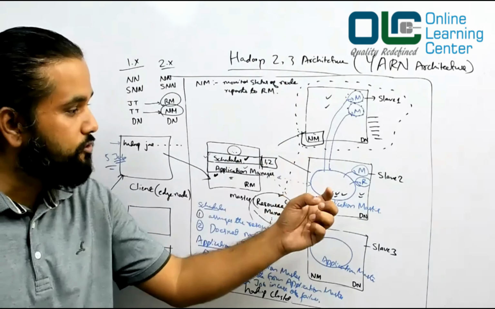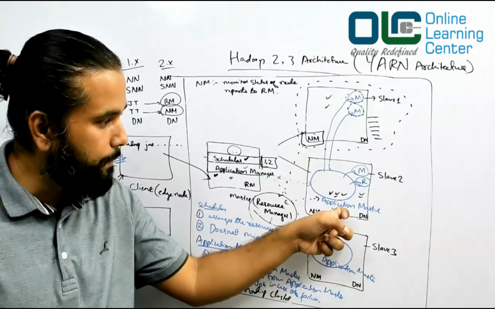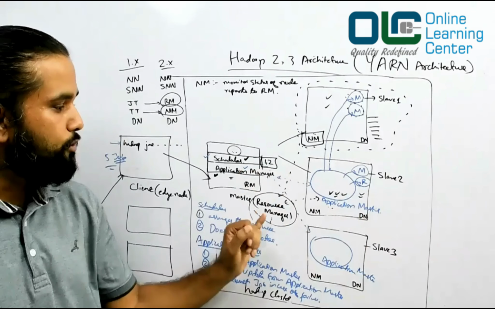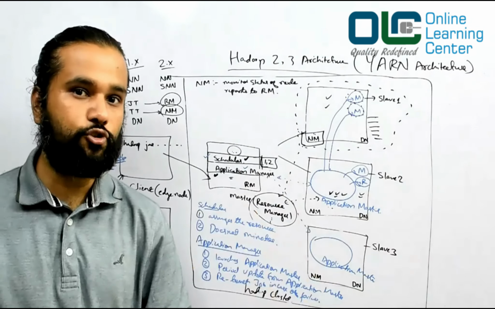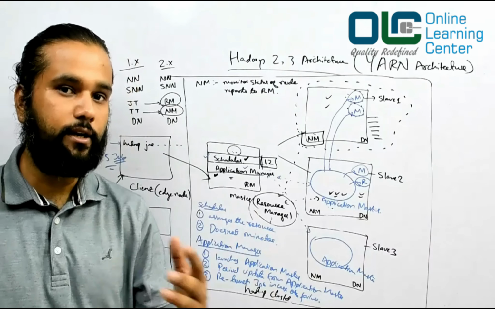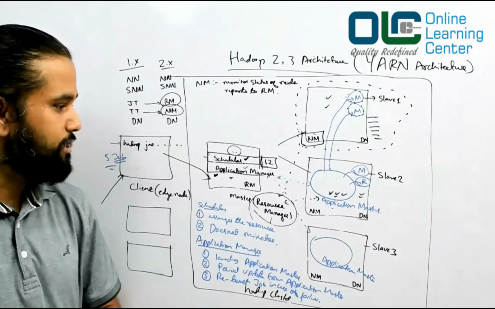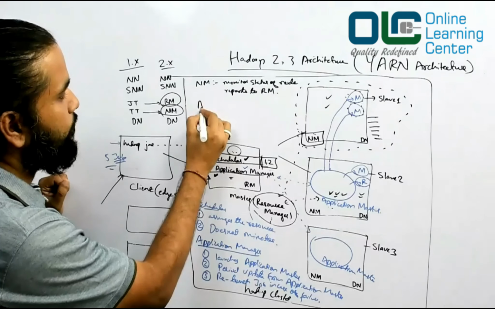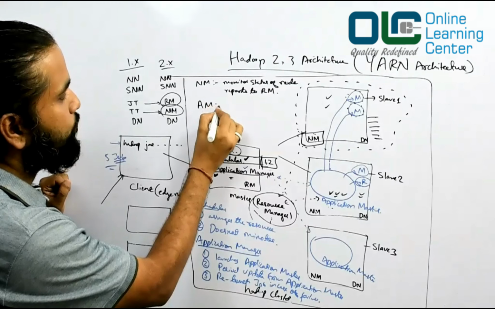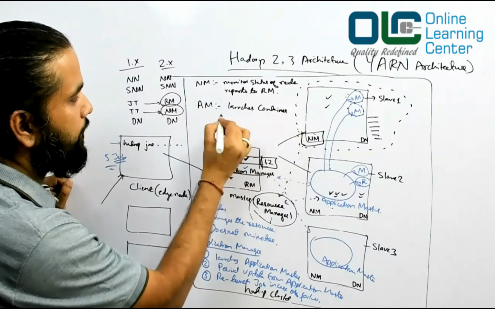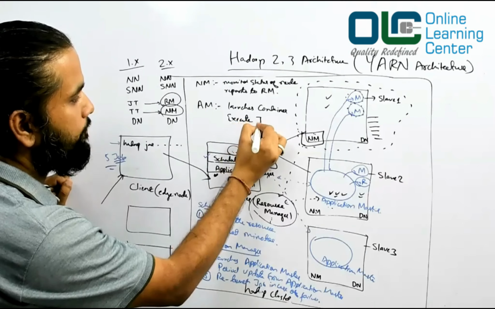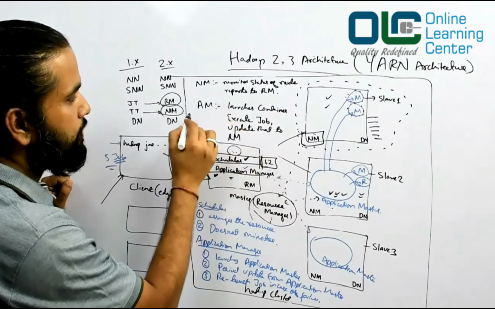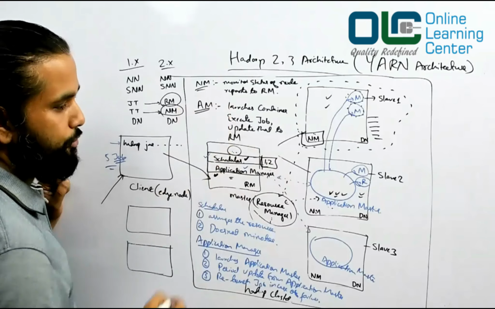All this information would be maintained by the application master, and in turn that would also be given to the resource manager, saying that, hey, our job is getting executed, we are holding this many resources, so that the resource manager will have a complete clue. I would also like to write about the application master. What can it do? Launches containers, executes the job, updates that to the resource manager, right? So that's what your application master does for you.